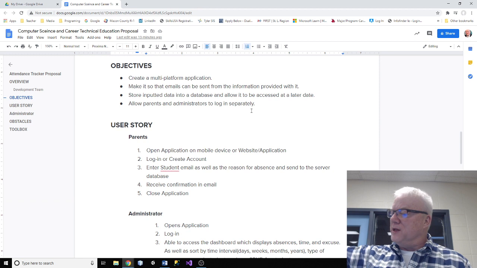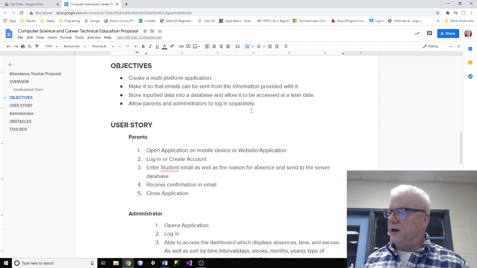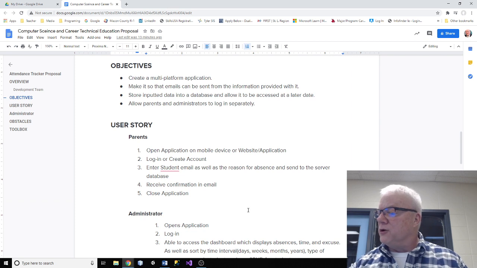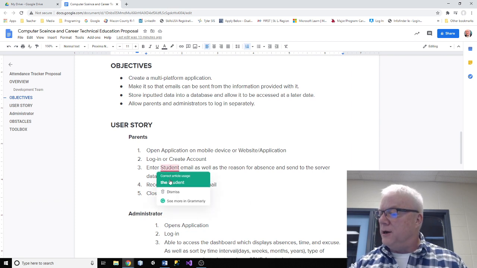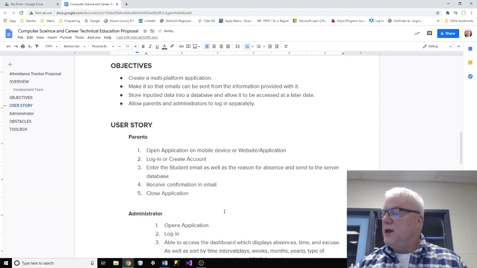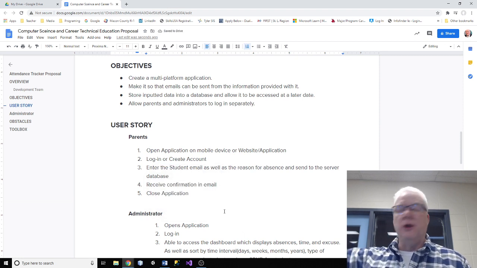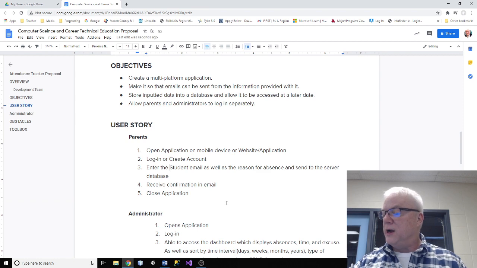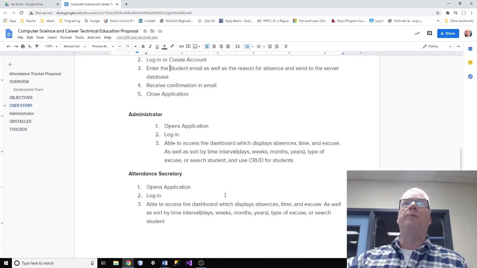They've got to be able to open the application on a mobile device or website. They've got to be able to log in and create an account. Enter their student's email. Receive confirmation in email. Close the application. Okay? The administrator needs to open the application, log in, able to access the dashboard, which displays